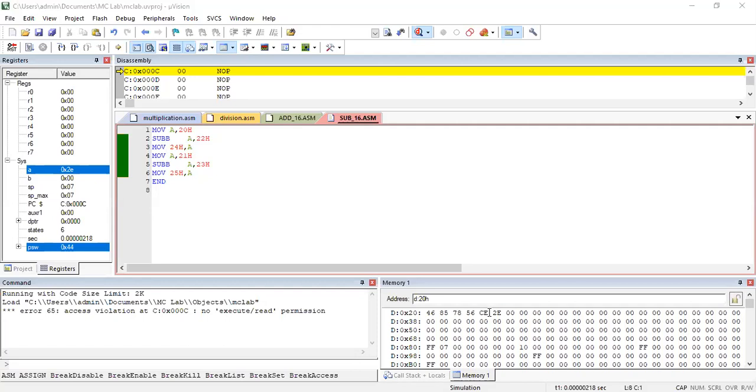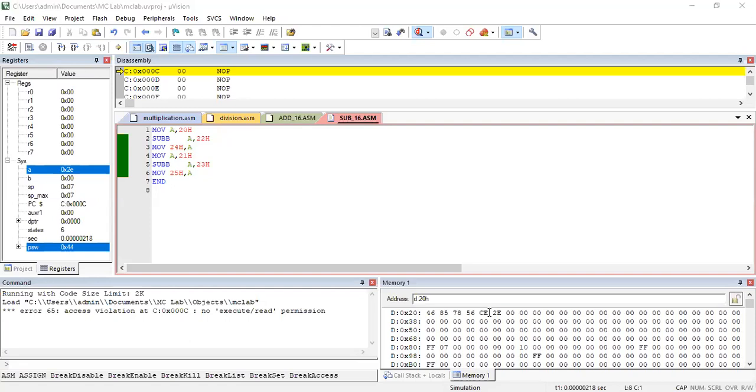Okay, 1 is subtracted from that because here you had a negative number. Here you subtracted a larger number from a smaller number. So you have to subtract 1 again from the subtraction of these two numbers. That's why we get 2E here. Because this is not a simple subtract, it is subtract with a borrow always, SUBB. So that's why we are having 2ECE. CE is stored in the first memory location, then 2E is stored in the next memory location. So this is how subtraction of 8 bits is done.